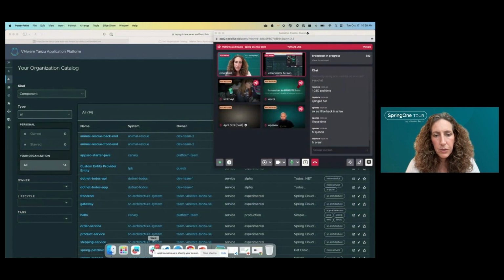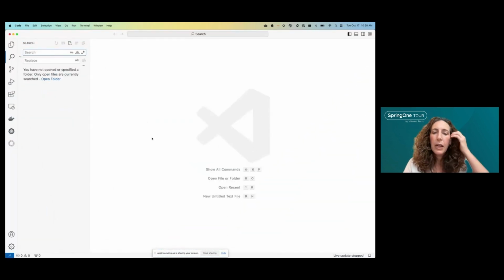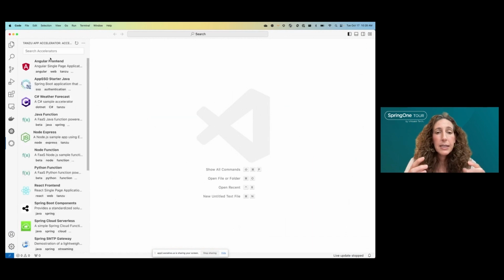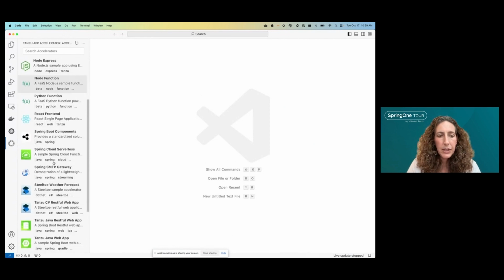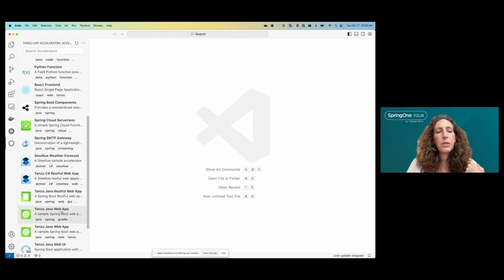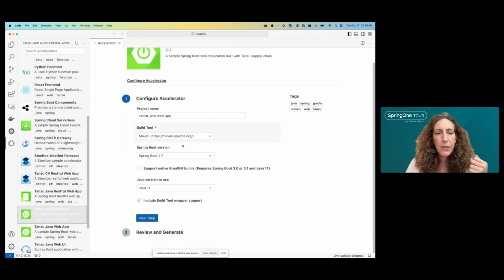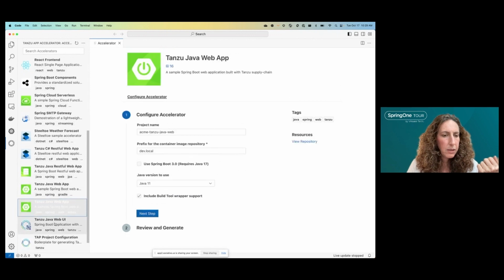So if I go to Visual Code. So, okay, as a developer, most of my time will be spent in my IDE, right? So we said that there are these accelerators, these templates, a good starting point for an application. So here's a list of accelerators that are included in the platform by default. So let's say I choose a simple Java web application. I have a few choices here of what I could use. So let's say I choose Java 17, and we'll just say use Spring Boot 3, and we'll say next step